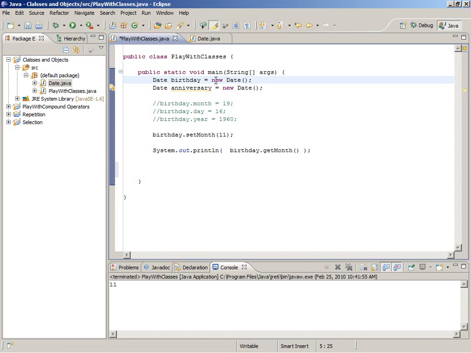And this is not a good constructor. It's the one that Java gives you. So every class has a constructor method. If you don't put one in, Java puts one there for you that has no parameters. But what I might like to do instead of this is I might like to set the state of the